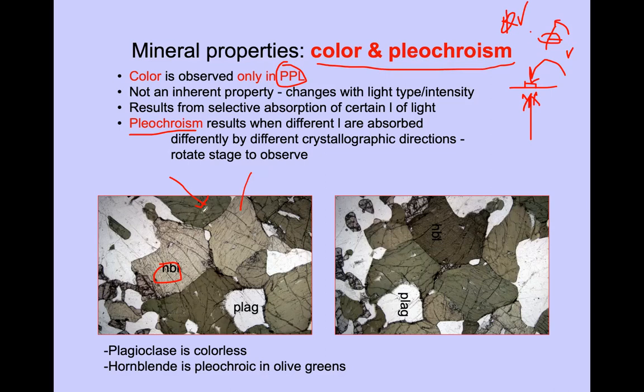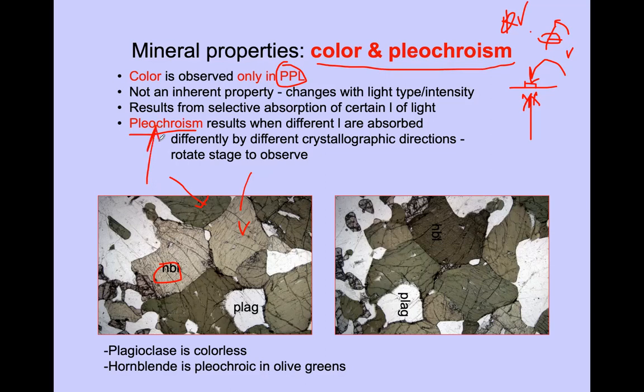For example, pyroxene. If this was a pyroxene, you will see when you rotate the stage, light greenish pyroxene like here, this color will be changing to purple color. So that is a special feature for pyroxene. We use that special feature to identify pyroxene because no other mineral is changing like that. So we can distinguish that from hornblende easily. Like that, this special feature we can use to distinguish the minerals, and that feature we call